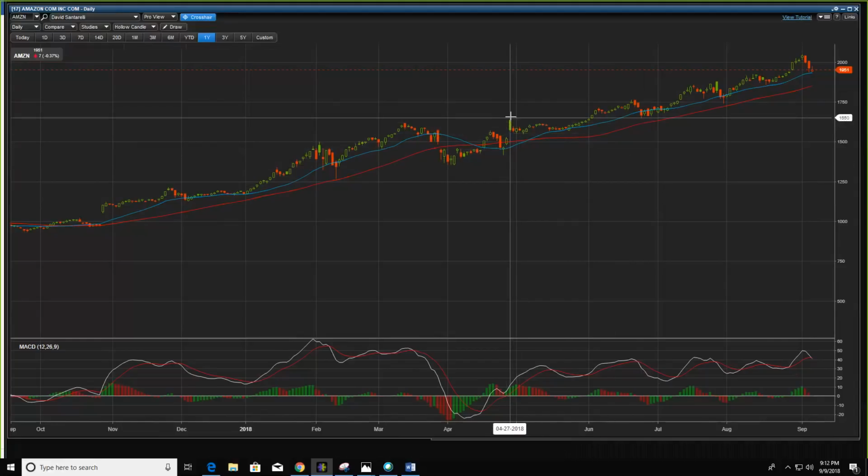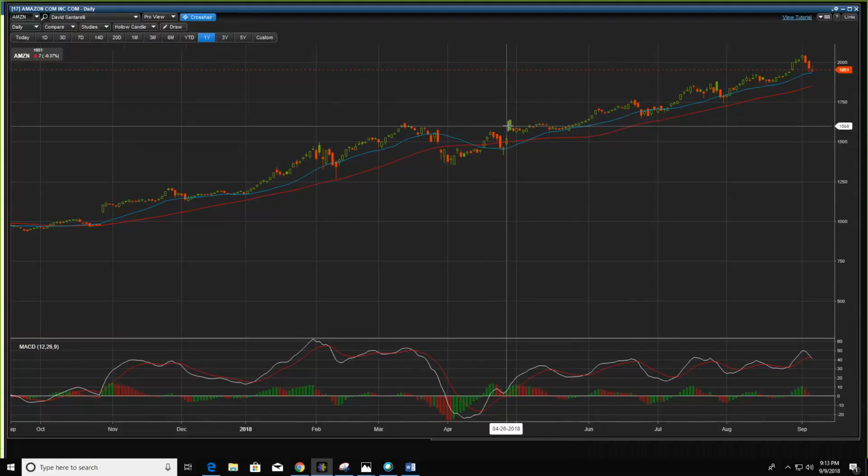right here. We had a big move higher the next day. Here's the green candle. This is on 4/27. So April 27th, the stock's right around, let's say, $1,600 a share. It was down to 1,576, so let's just use 1,600 as an example here. If we got in at 1,600, right in the middle of this candle on the 27th,